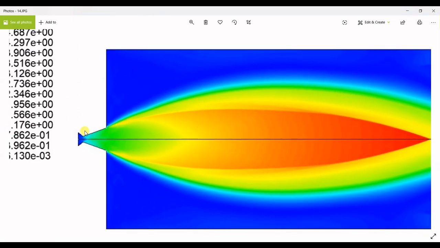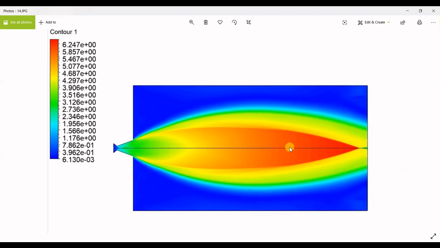In this particular analysis, we have performed a two-dimensional analysis. The reason was the domain that we have created. The domain is nothing but the total control volume where we are performing the analysis. In this case, the domain was approximately 20 times the diameter of the exit nozzle. If the diameter of the exit nozzle is x, then the length of the domain was 20x. So it is a quite large domain, and it took me almost 1 to 2 days for completing the